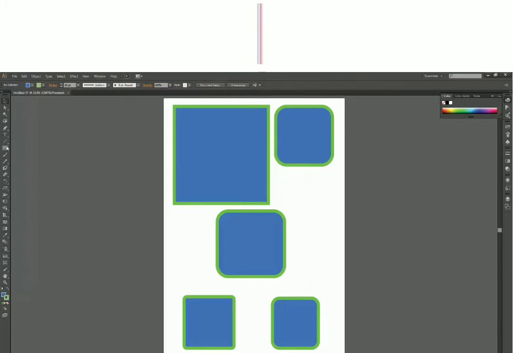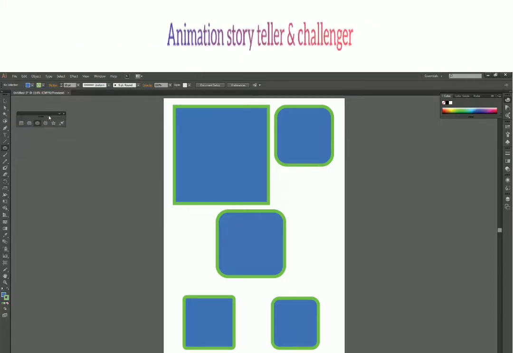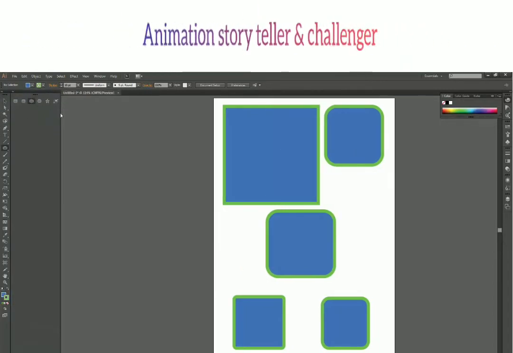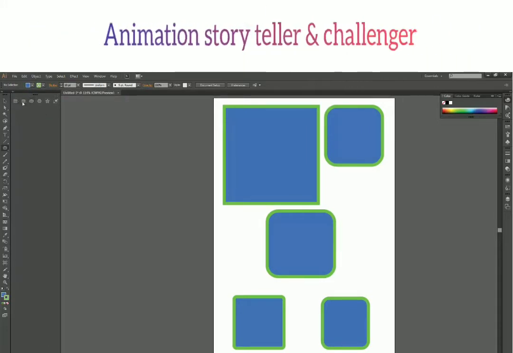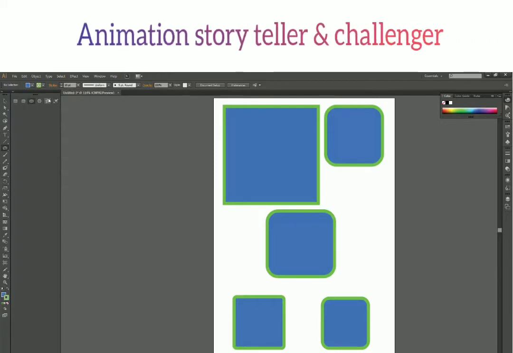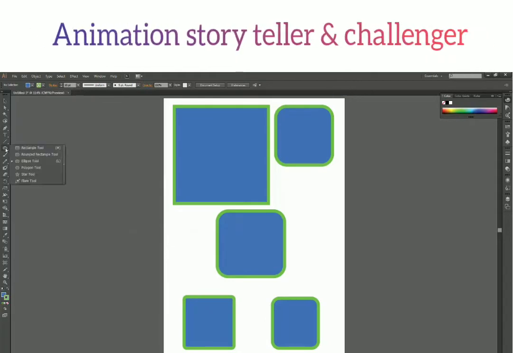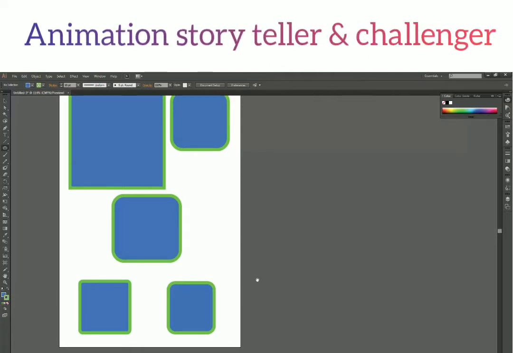Okay, now let's see how this ellipse tool works. So this is the ellipse tool over here. The shortcut key is L for that. Again, you have this arrow over here and this bar. When you click on this, it detaches from the toolbar. So again, you can dock it anywhere and you have this as a panel now. So you can easily select any of the shapes from here. This is also convenient, but I don't like this because it covers too much space. So I like selecting it from here. This is more convenient for me. Again, it depends on your personal choice.